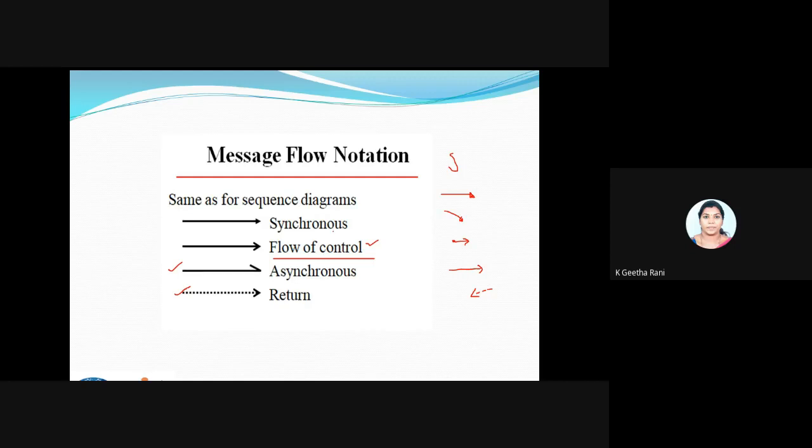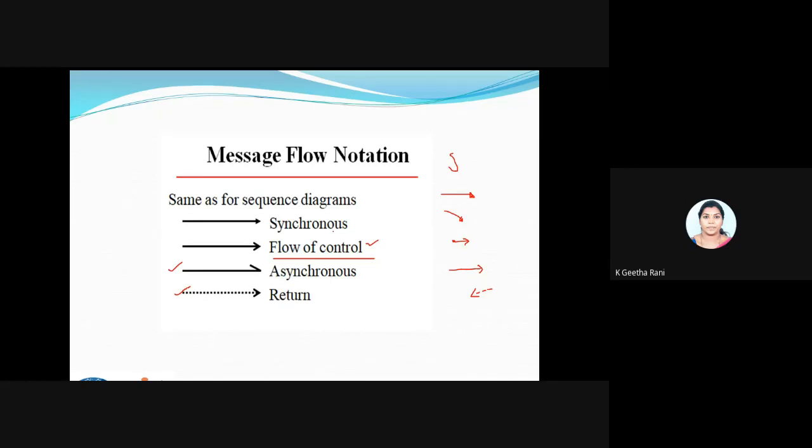So what is synchronized? The sender waits for the receiver. What is asynchronous? The sender doesn't wait for the receiver. What is an instantaneous message? It's somewhat like a synchronous message, and it depends upon the time. If there is a lag of time, I'll call it a non-instantaneous message. It will have a slanting line. What is a found message? Nothing but a circle with an arrow. How do you return? A dashed line with an arrow. And the extra one we have here is the flow of control. This flow of control doesn't have any logic here.